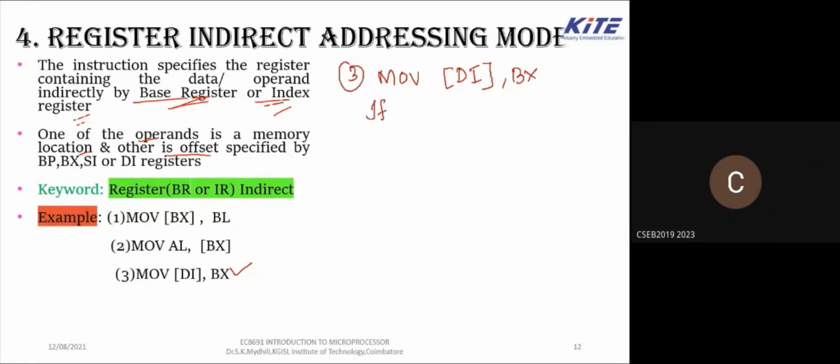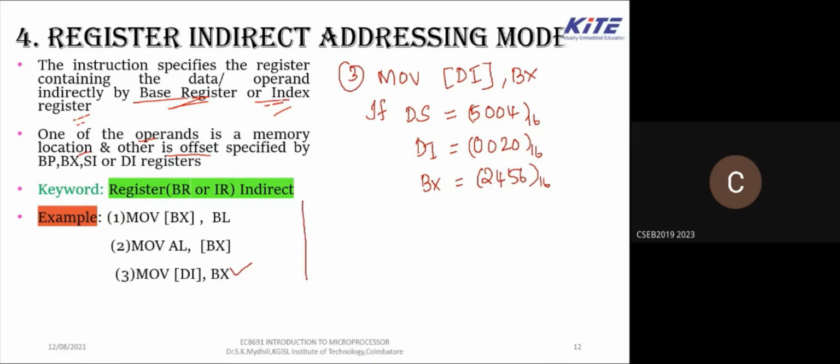If the 16-bit content is moved to the memory location, and if DS is specified, what is DS? It is the data segment, which specifies the 16-bit address location. And here let DI be 0020 16H, and with BX I'm taking a content of 2456, which is again 16 bit. So how is this moved? You could see here, considering the physical address,